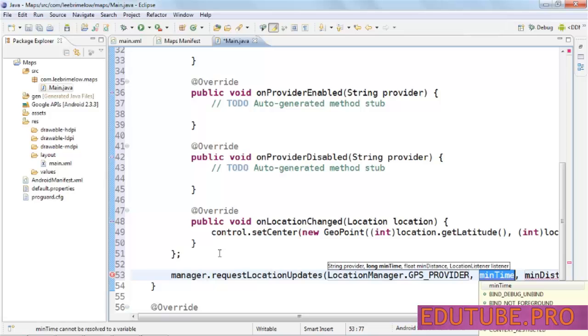But for this example, we want to use GPS provider. For minimum time, this is the minimum amount of time to go between updates. If we are concerned about battery life, we can actually give a number here that will say, wait at least this amount of seconds before you do another update. For our example here, we just wanted to update as quickly as possible, so we're just going to set that